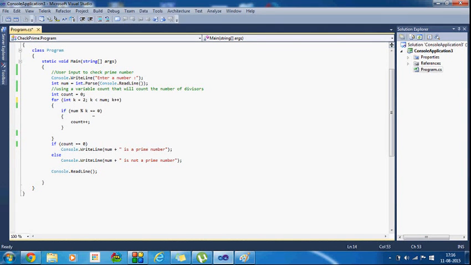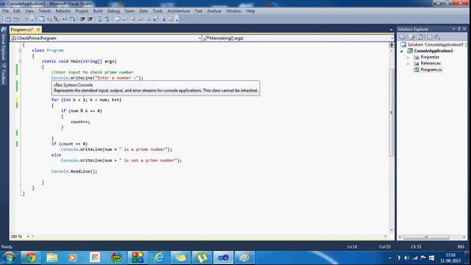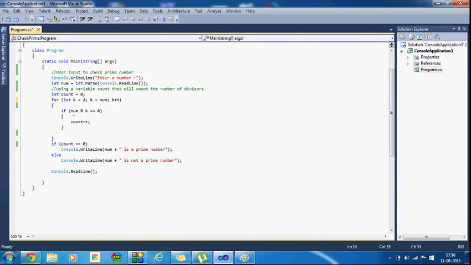Suppose I have taken 11, so 11 modulo k, with k equal to 2, is not equal to 0. So it is not 0, so this if condition will be skipped.